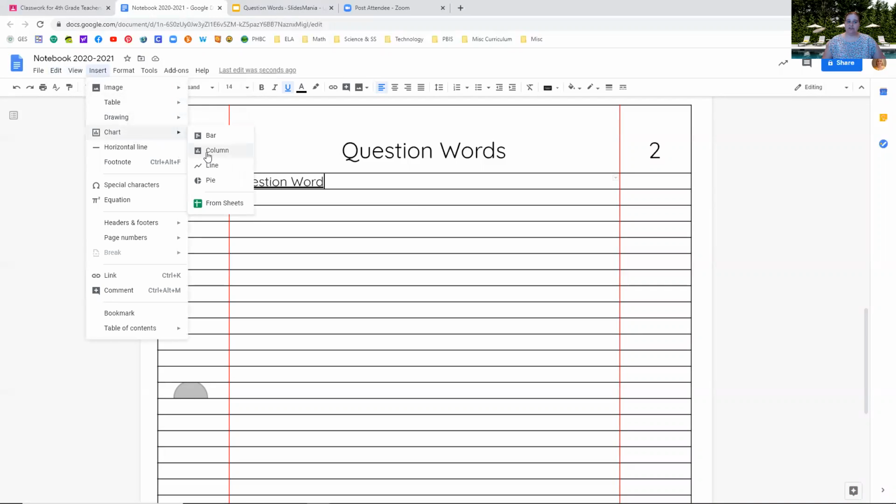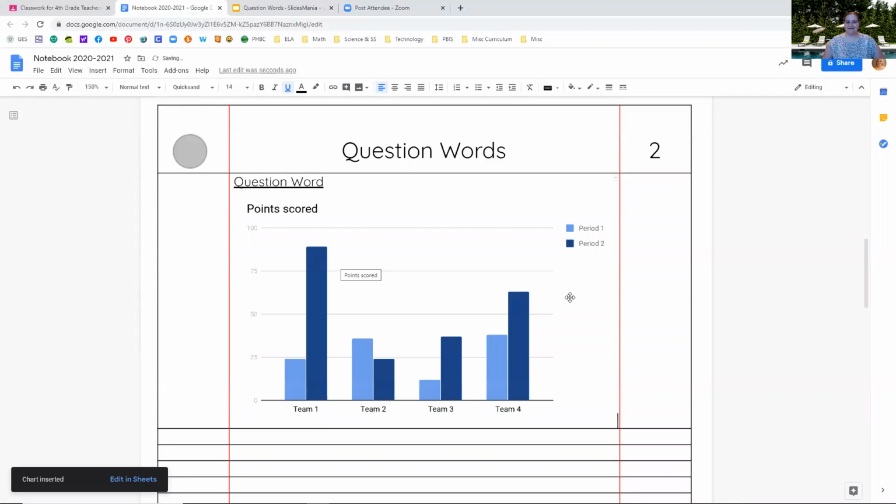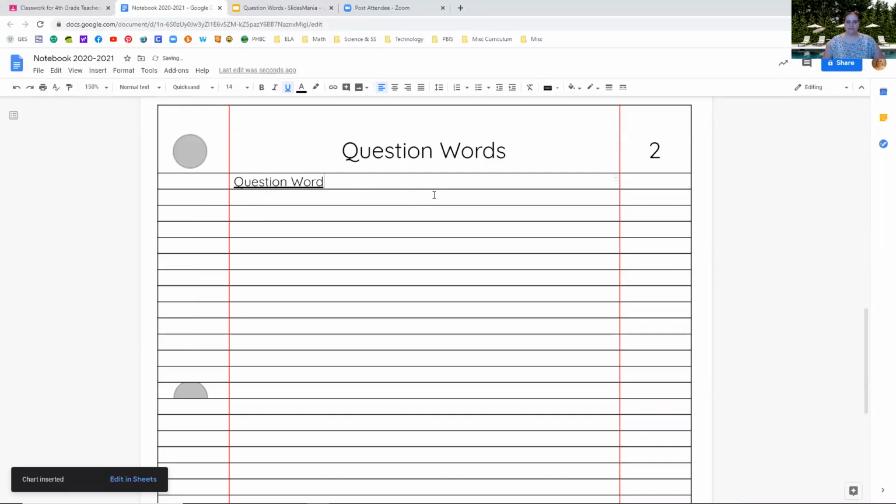I can make a chart. There we go. Let's see if it'll let me insert a chart. No, not what I wanted. Okay. So I'm not going to worry about that. If you want to draw a line straight down the middle of your paper here, that would be great. I'm going to just divide mine by space, and so I think you'll be able to tell where my